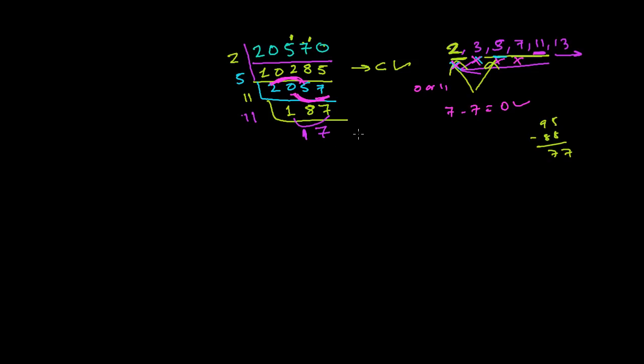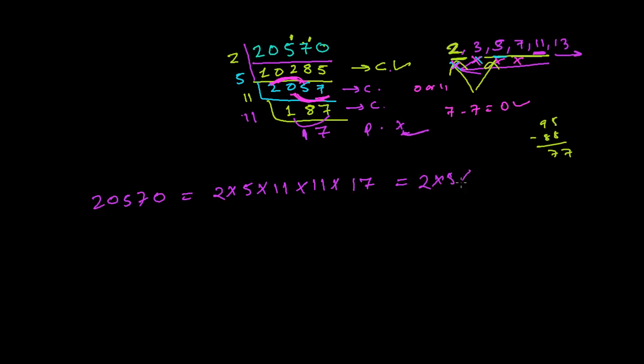All right, so now I got a prime number here. This was a composite number, this was also a composite number, and so on, until we reach a prime number. I need to stop, it means it's over. So our prime factorization of 20570 is equal to 2 times 5 times 11 times 11 times 17. If you want, you can write 2 times 5 times 11 square, or 11 to the power 2,